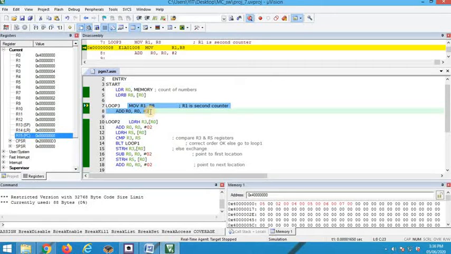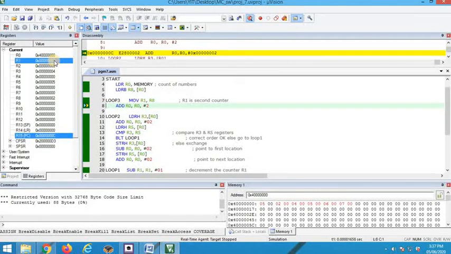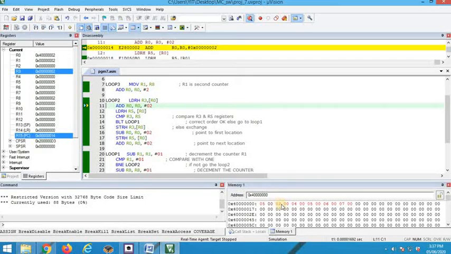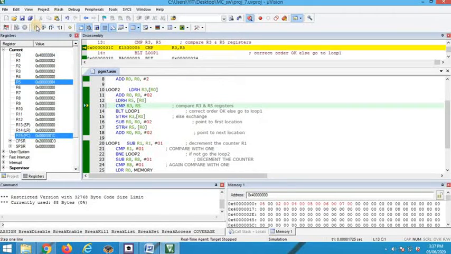There again we need to modify R1 so that it contains how many comparisons in this pass. R1 is 2. That means only one comparison in this pass. Okay, when R1 becomes 1, we stop comparisons. Next, R0 is incremented by 2 so that it is pointing here. Now LDRH R3, R0. So 2 is loaded into R3. Next we are going to load 4 into which one? R5. So 4 is loaded into R5.